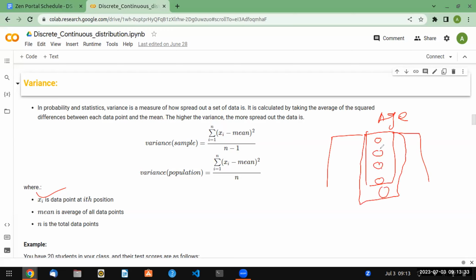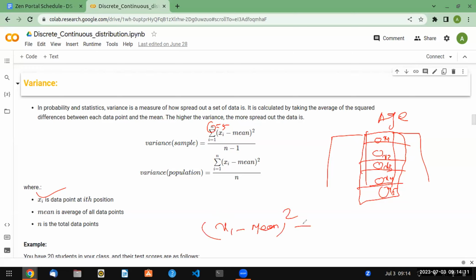So suppose you have five people's ages, right? So now this xi means, if you see here, i will vary from 1 to n. If I have 5 data points, that means n equals 5. So I have the data of 5 persons, the age I have. So this is my x1, this is my x2, this is my x3, this is my x4, this is my x5. And this means what? You do x1 minus mean